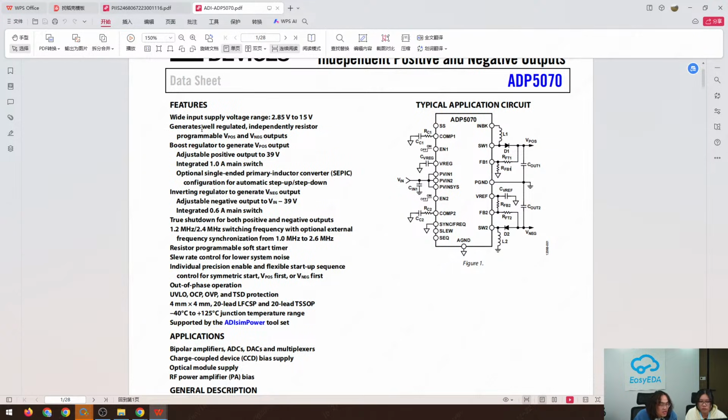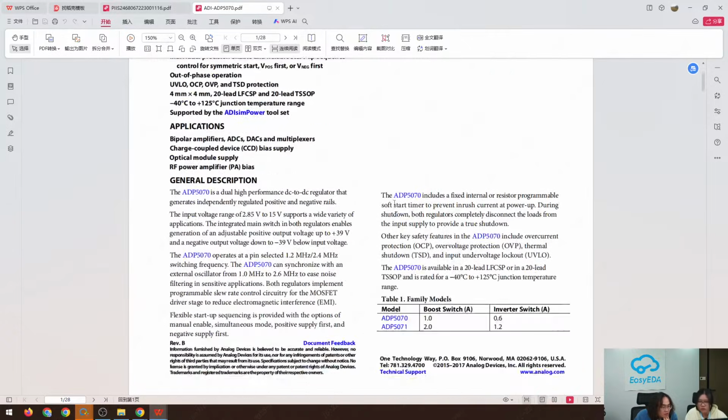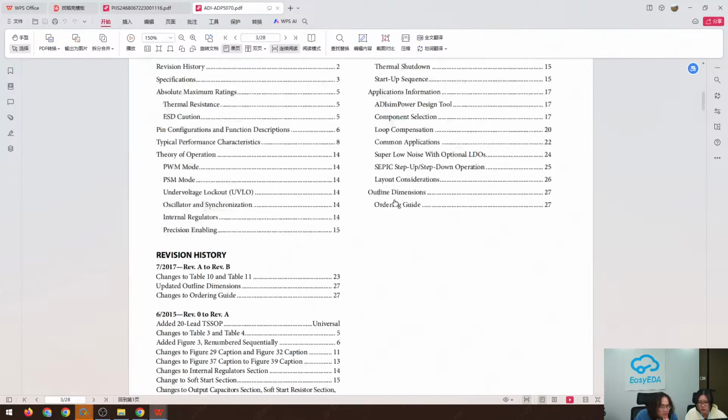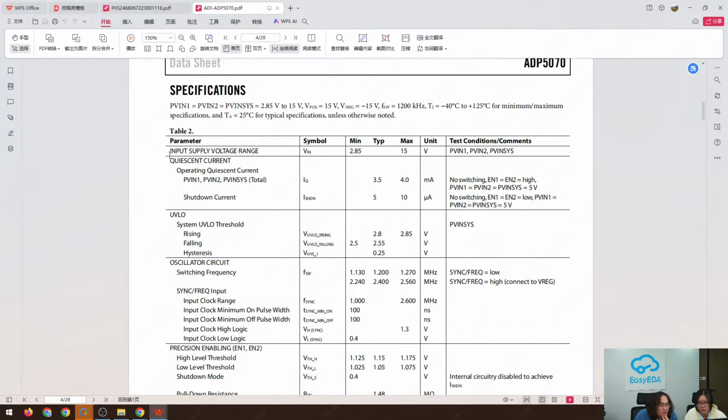And we can see some detailed information here. The input range of the chip is 2.85 volts to 15 volts. And the output, it's adjustable. So, and we can scroll down to the specifications. We can see the input voltage range here, and